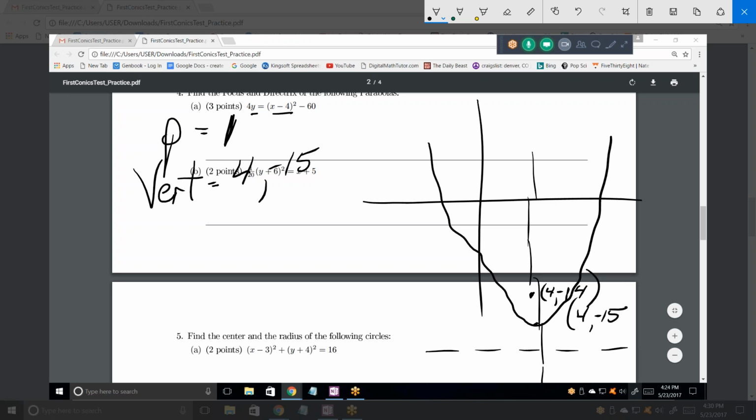What's the equation of the directrix? And the directrix is always the same distance from the vertex as the focus is. So what is the equation of this line? In other words, the vertex is a point, the focus is a point, but the directrix is a line. The equation of that line. The horizontal line, so it must be y equals something. Y equals